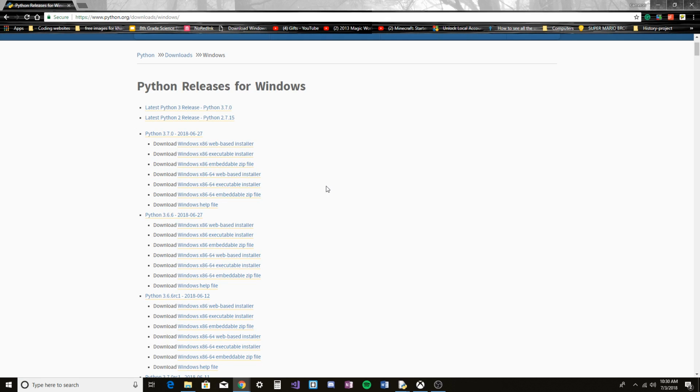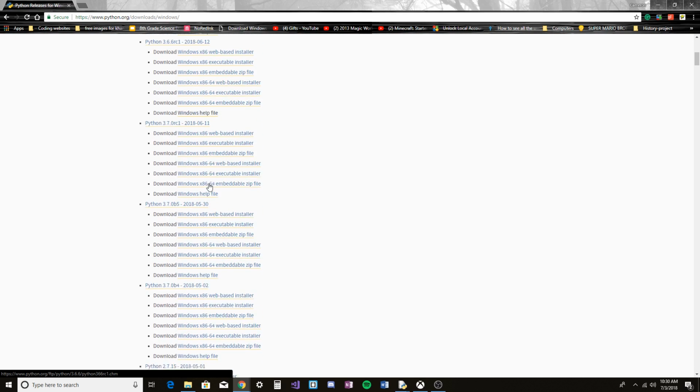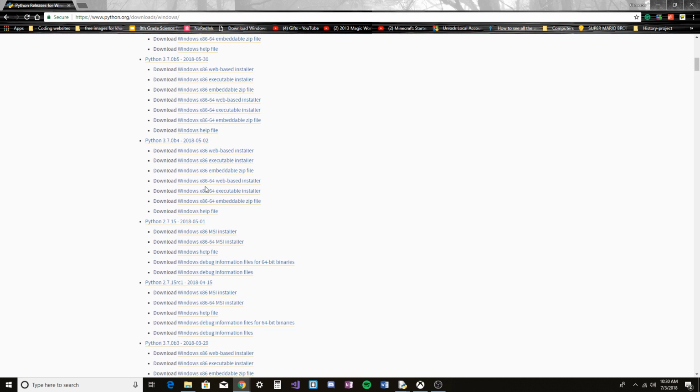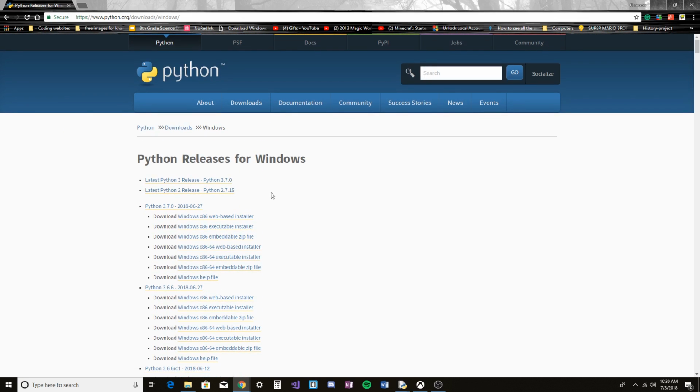So this would be mine, because I'm pretty sure these are all 86-bit, so it's basically for 32-bit systems, but it will run on a 64-bit operating system or computer like I have. So you want to find the one that you want. Once you have that,